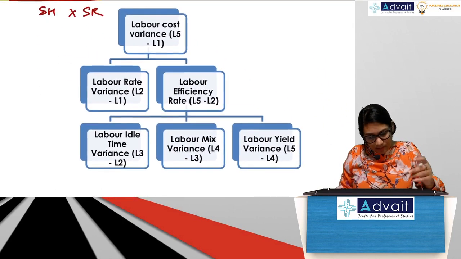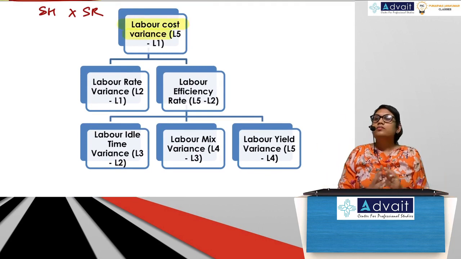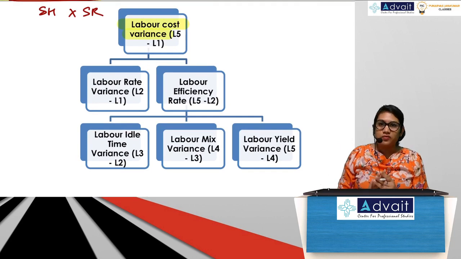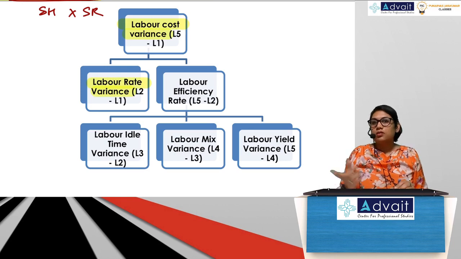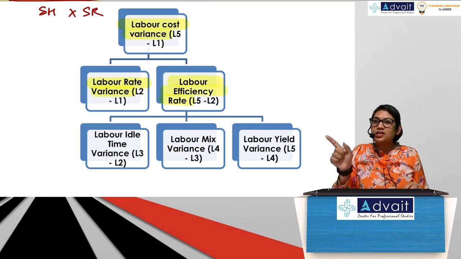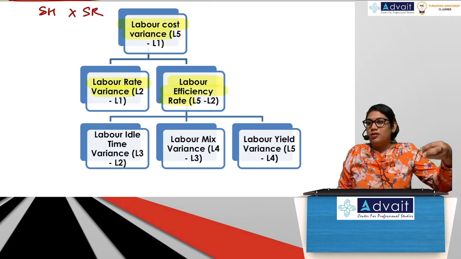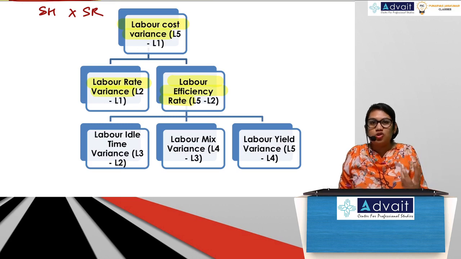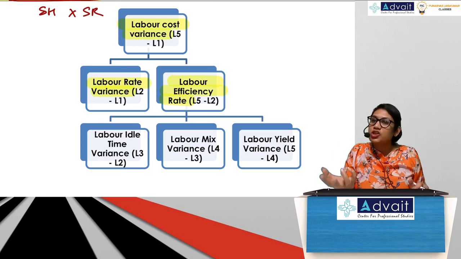See this? So we have labor cost variance overall, just like material cost variance. Now this is divided into two parts. Labor rate variance, deviations because of the price, or the rate. Labor efficiency variance, there it is usage. You cannot call it labor usage variance. It is like using people. It's not right. So we say labor efficiency variance.